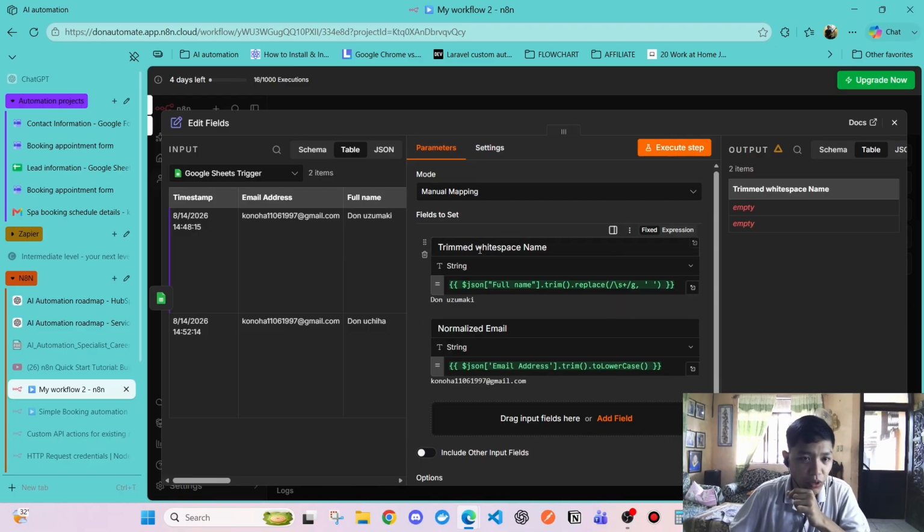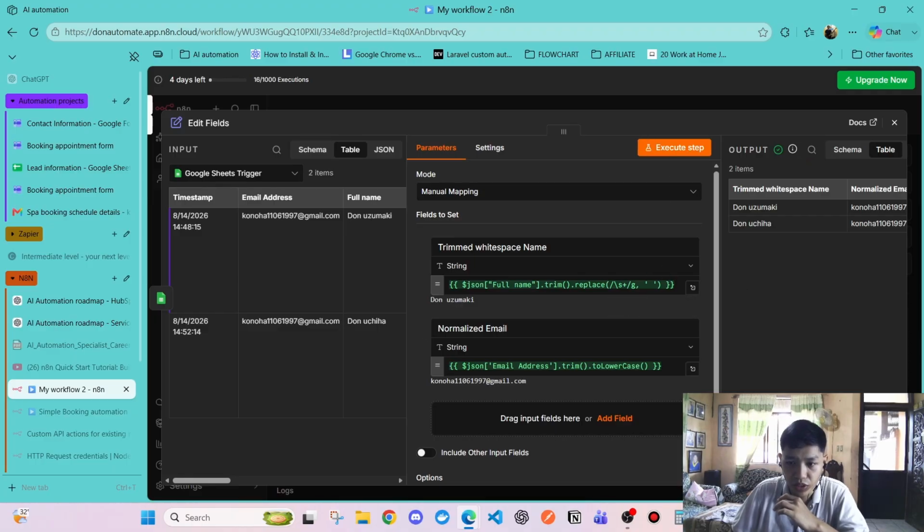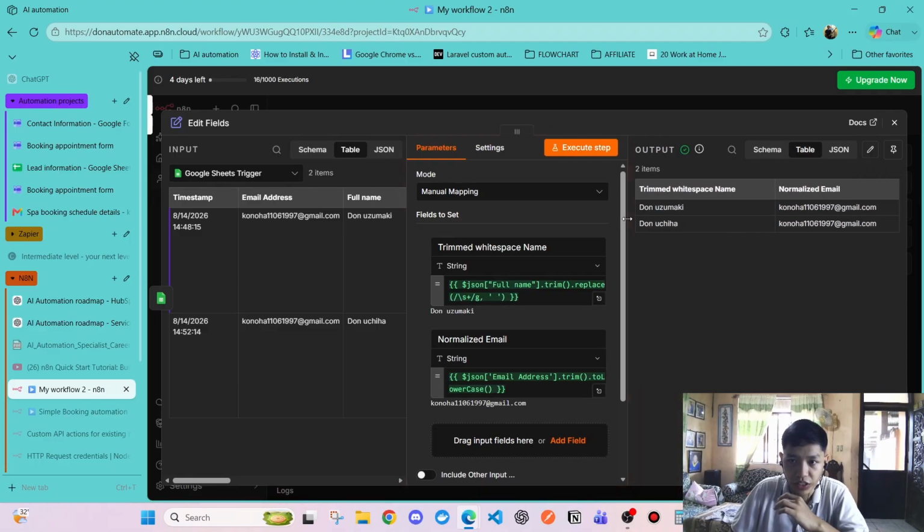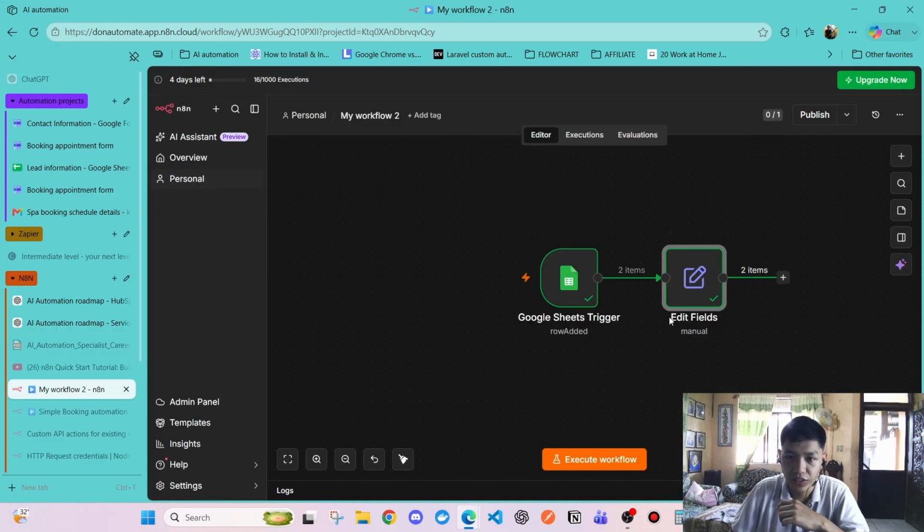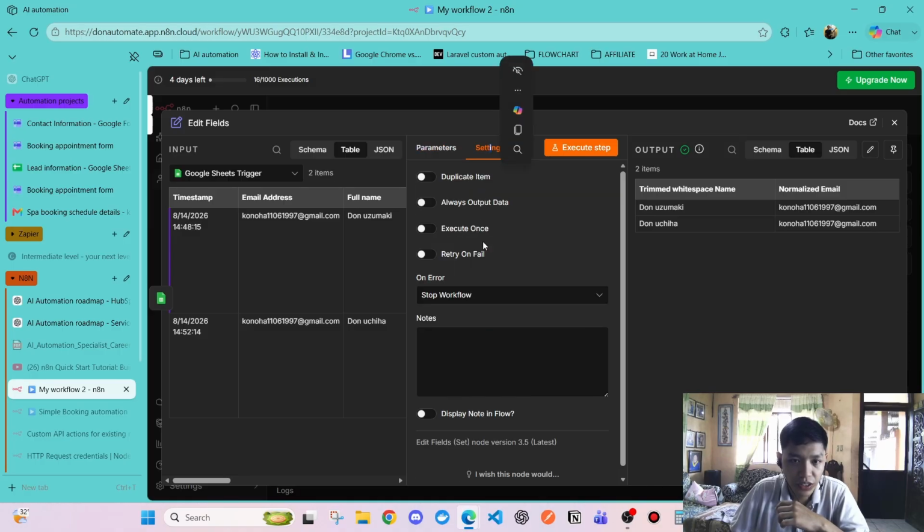We have the trim white space name. So we have that full name, right? Then we have the email. Okay. So let's save that for now. So we can try to execute this step. You will see here on the right side, this is the output. So when you execute this step, you will be able to see the output here. So this is the output of the normalized trim white space, then normalized email, right? So as you can see here,